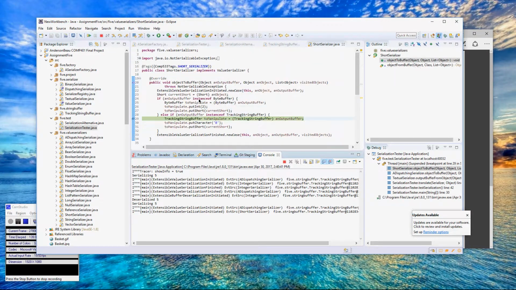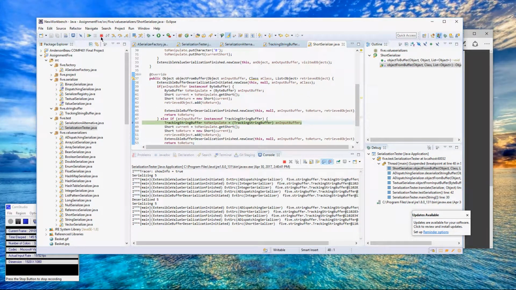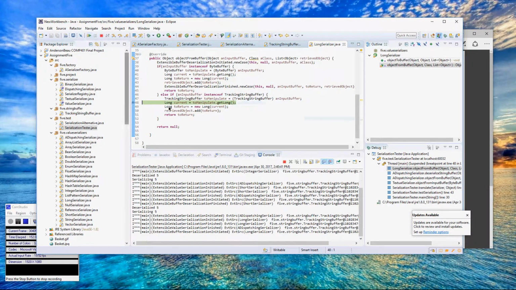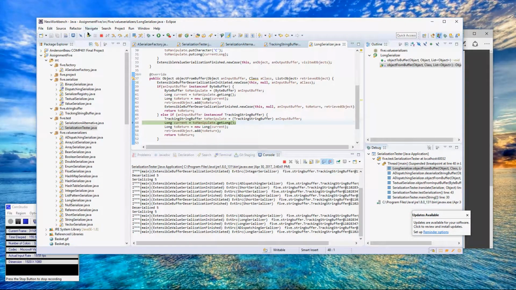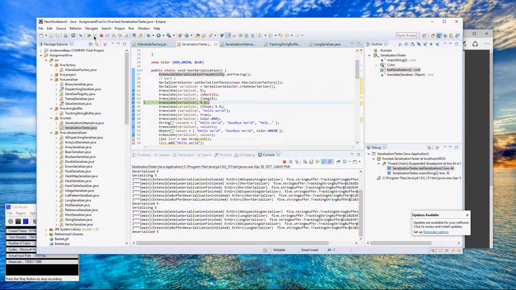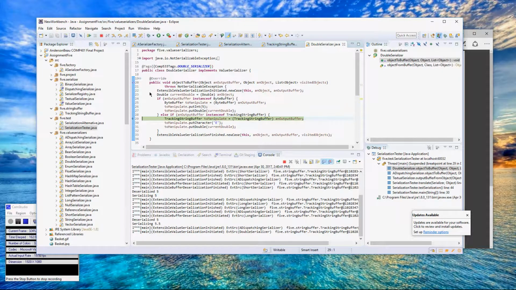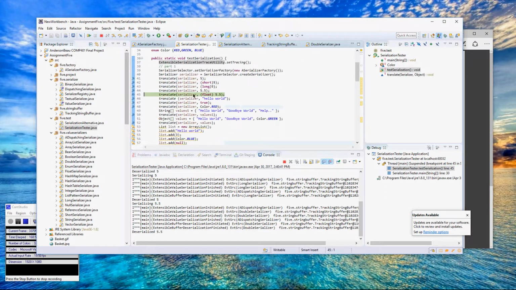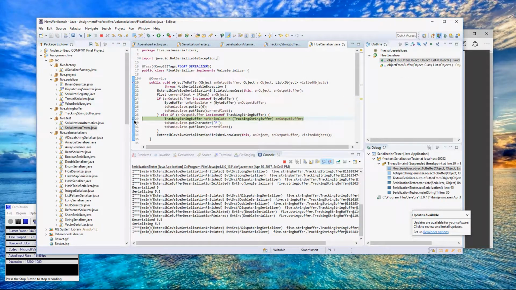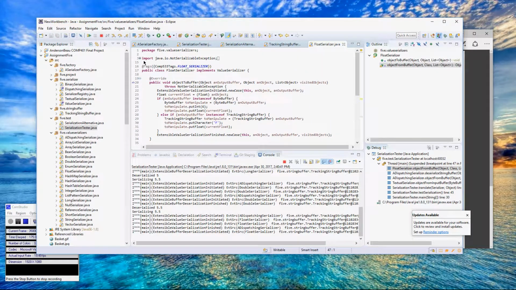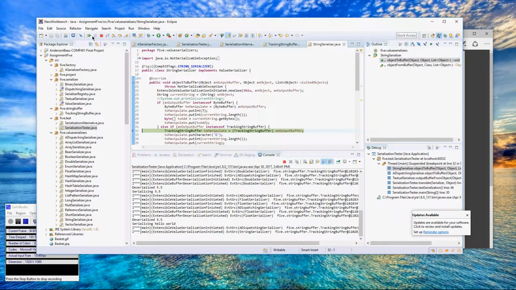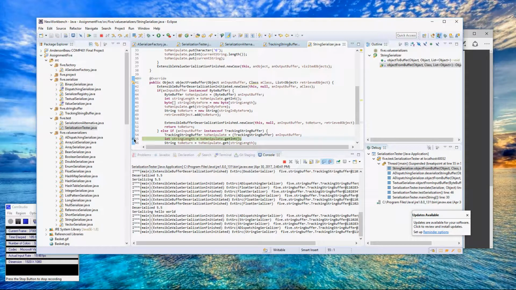So let's go ahead and go through these quickly. So we have a short we're going to serialize, short we're going to deserialize, long we're going to serialize, long we're going to deserialize, double, excuse me, we're going to serialize. Again, I put it in this instance here so we can see that we are doing this all textually. Float, serialize, float, deserialize, string, serialize, string, deserialize,